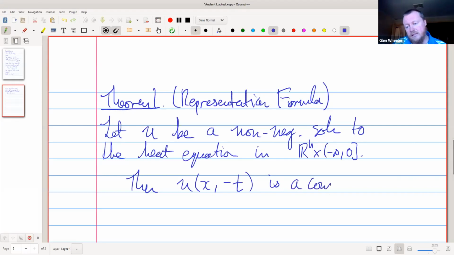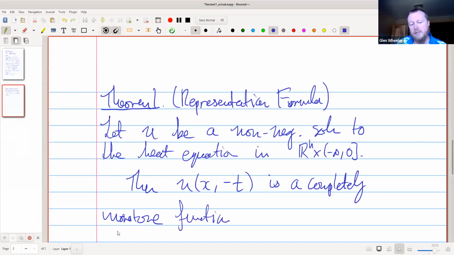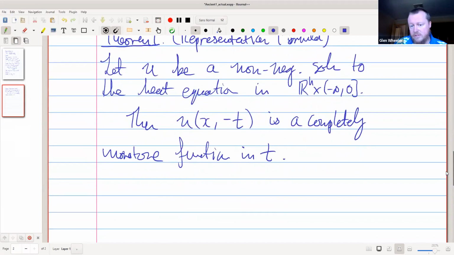Is a completely monotone function. So this idea, completely monotone, is jargon, and I'll define it in a second. Completely monotone function in t. Okay, and so what does this mean? It means that eventually, after quite a bit of work, well, I think it's work, it's many steps. So furthermore,